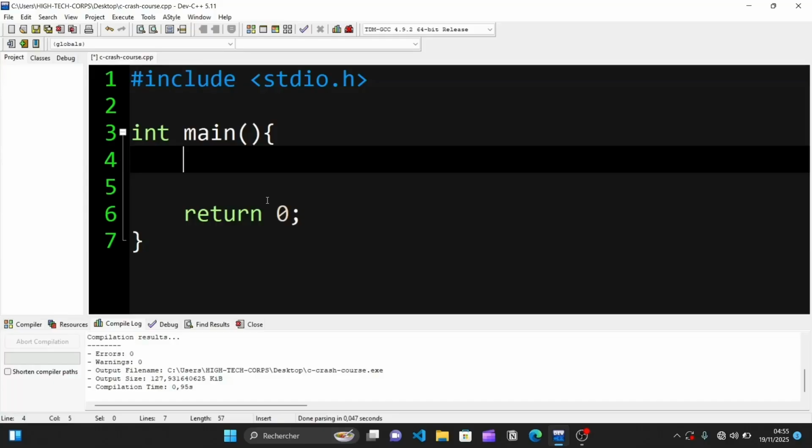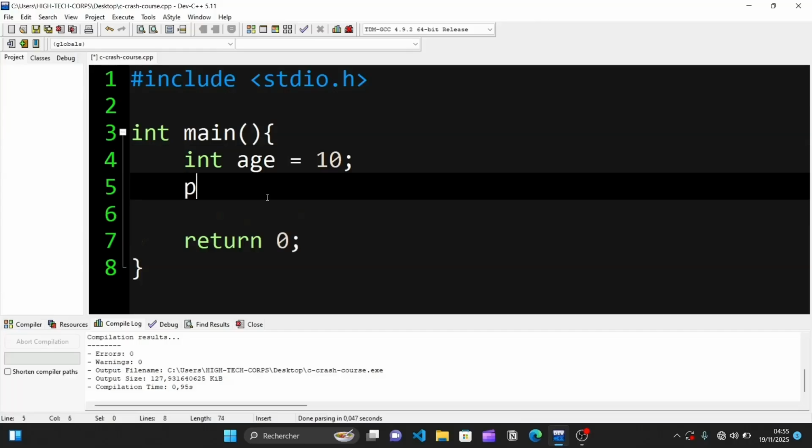So we already saw the most common one, which is the integer, in the previous section of the video. And we said integers are used to store whole numbers and are represented by the three letters int. For example, we can have int and then age to represent the age of a person, and we are going to give this an age of 10. And we can also print this age by using a format specifier